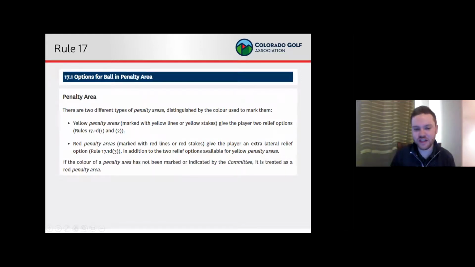If the color of the penalty area has not been marked or indicated by the committee, it is treated as a red penalty area. So again, if there's a pond that just didn't get marked, or the committee missed it, or a stream or something, that happens sometimes. There's a little stream that you maybe didn't see, and a player's ball comes into that. Well, if it's clearly a penalty area, based on, okay, it's a drainage ditch, let's say, or a stream, then it's treated as a penalty area. Not only that, we have to distinguish, is it yellow or red? The rules are going to default to red. So if you get to a golf course and it's not marked at all, and you get to a place that's clearly, by definition, a penalty area, it is a red penalty area. And we'll see how to cover that in